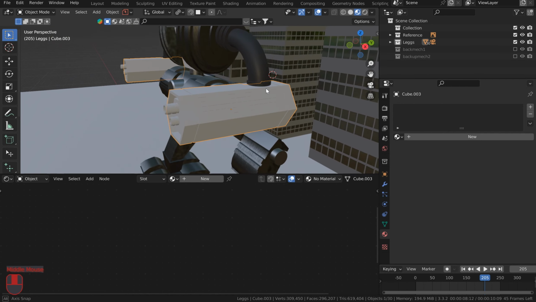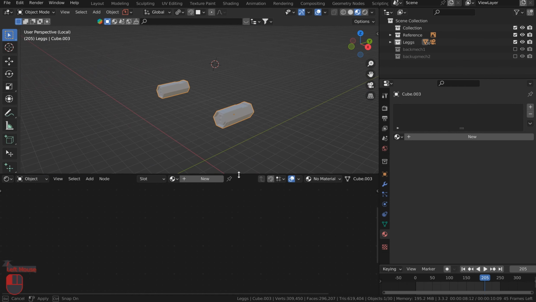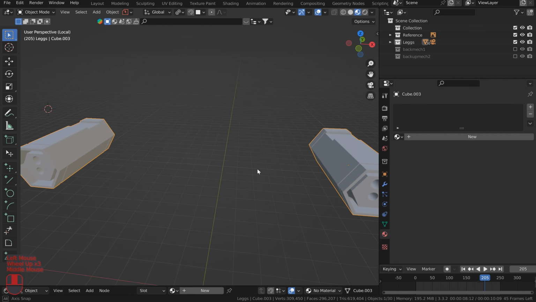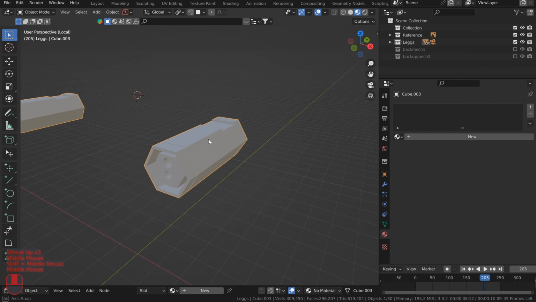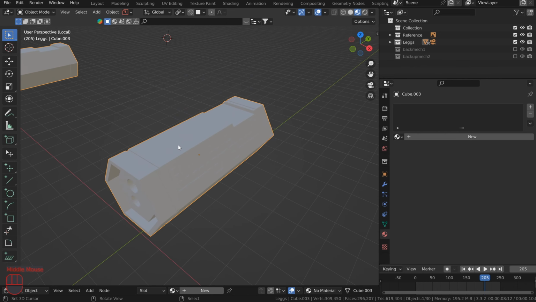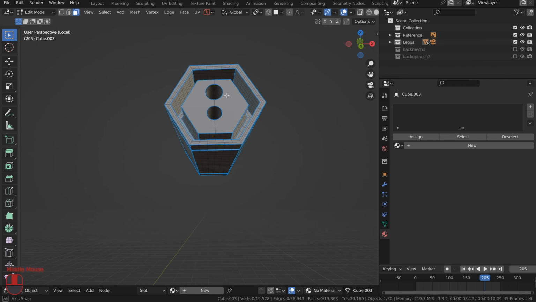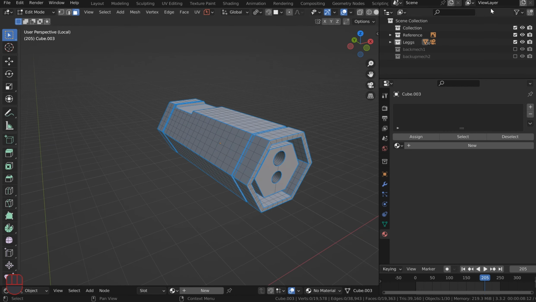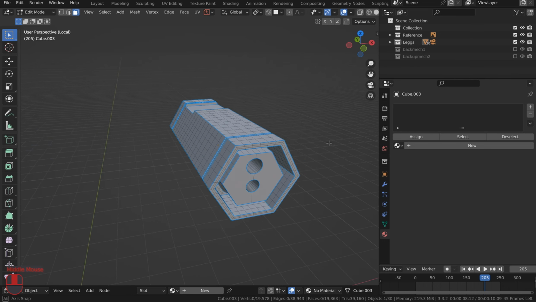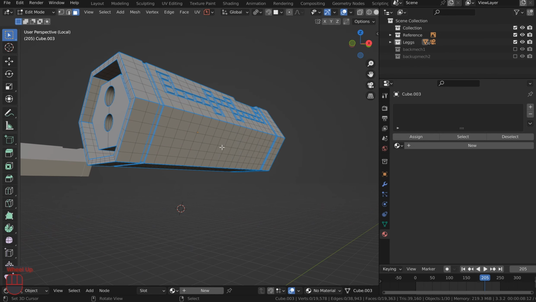So let's see here about these. Didn't do a whole lot with these in the last video. I did have a plan for them, and the plan included kind of taking the skin off of this and going into, yes, it's going to be hard to do that now, because I wanted to kind of panel this thing. So what we could do,